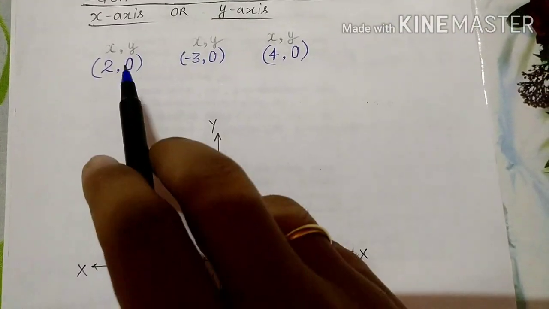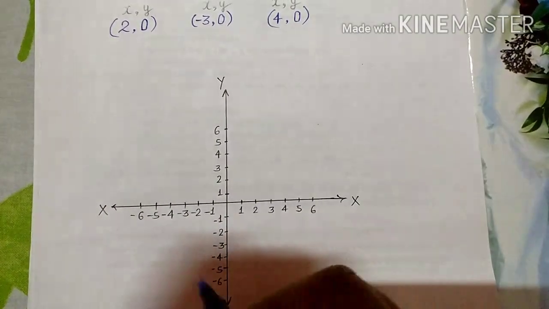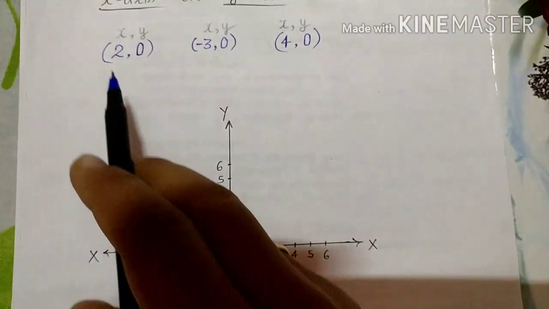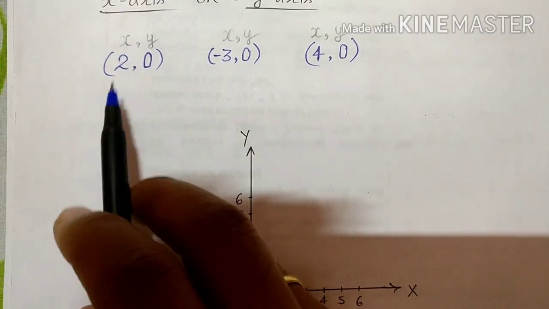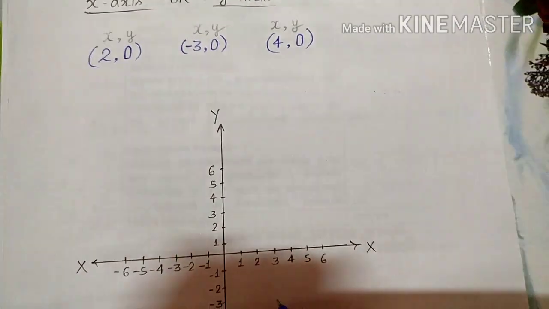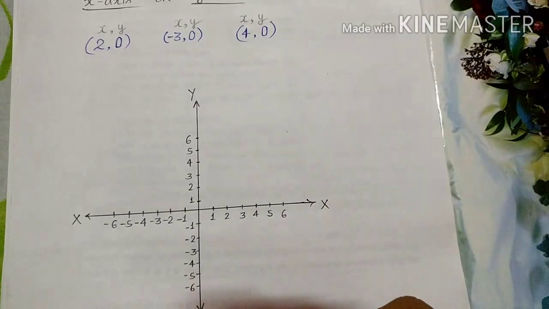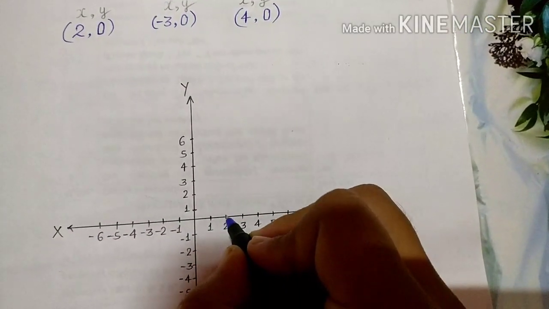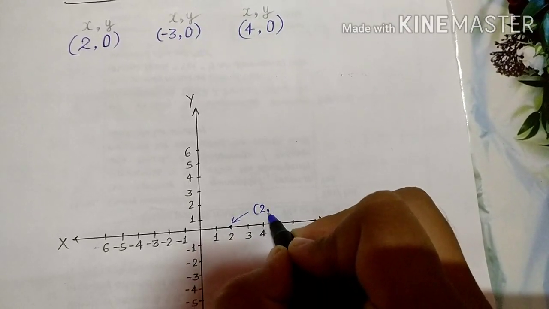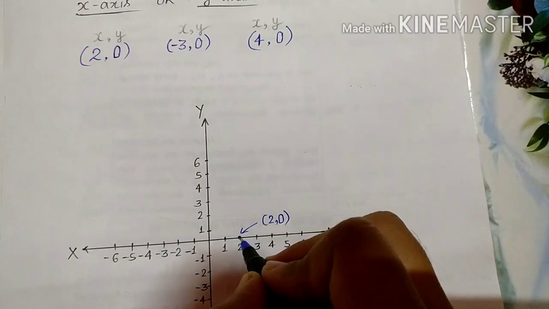So now see how we can locate (2, 0) on graph paper. Right now it is not a graph paper, but I have made a rough graph with the x-axis and y-axis. So for (2, 0), the coordinate of x is 2 and the coordinate of y is 0, so it will come on the x-axis only. The x-axis is the horizontal line and the y-axis is the vertical line. Where is 2? This is 2. So this point is showing (2, 0), because here the x value is 2 but the value of y is